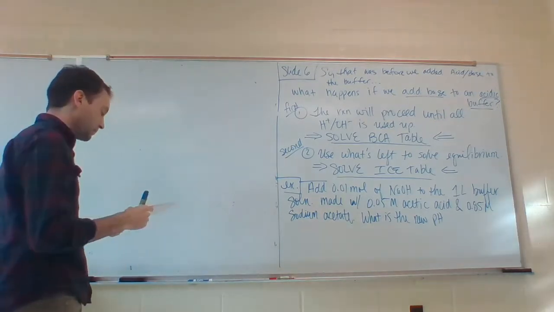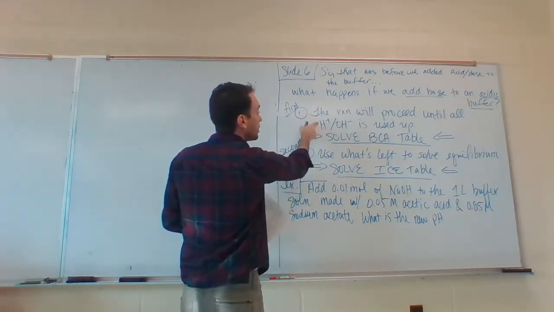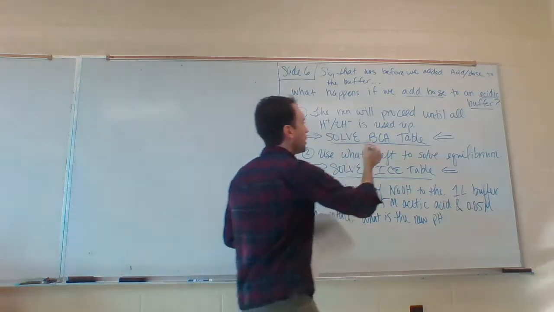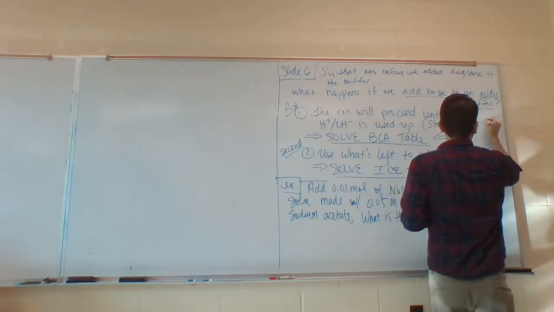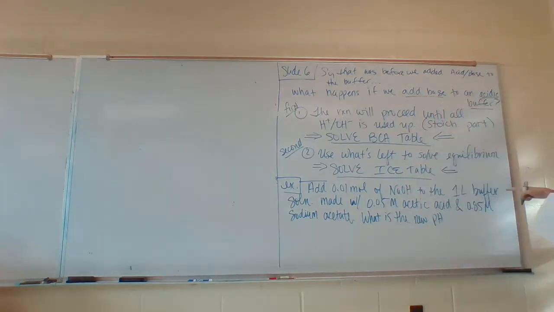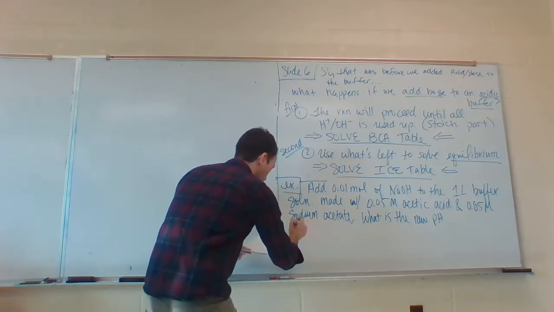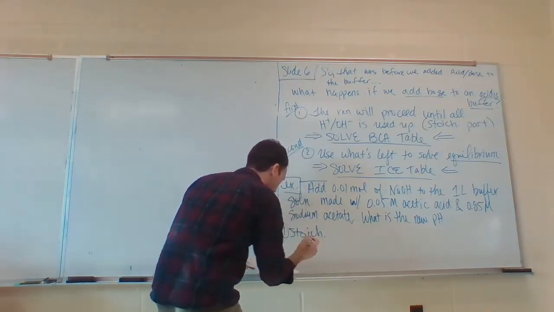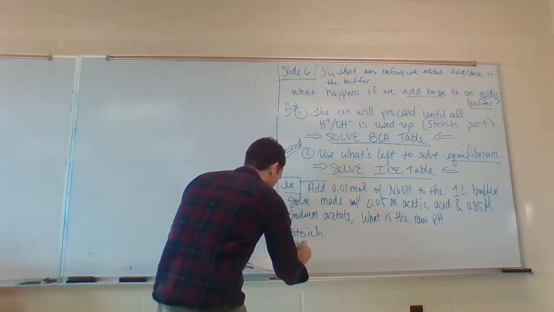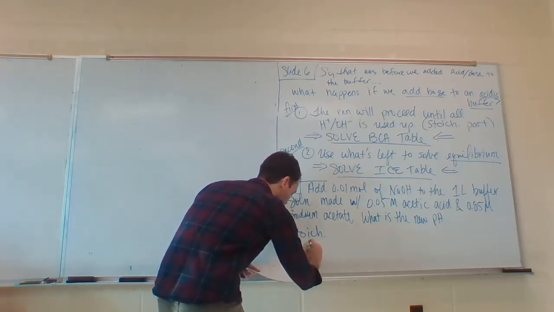Now, our very first step is to do our stoichiometry. Some people call this the stoichiometry part, and then some people call the second step the equilibrium part. Now, our first part is to solve our stoichiometry, and the way that we do that is, in Roman numeral 1, Step 1 is going to be to convert